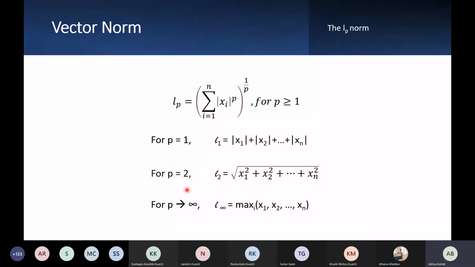Now we will understand what happens if I substitute the value of p equals infinity. Suppose I substitute p equals infinity, it will return me the maximum value out of the vector. What does it mean? If I have a vector v and inside that vector I have some values 4, 9, 11 and suppose I have the value 1. What will it do? It will just return me the maximum value out of the vector. So when p equals infinity, it will just return the value 11 since it is the maximum.